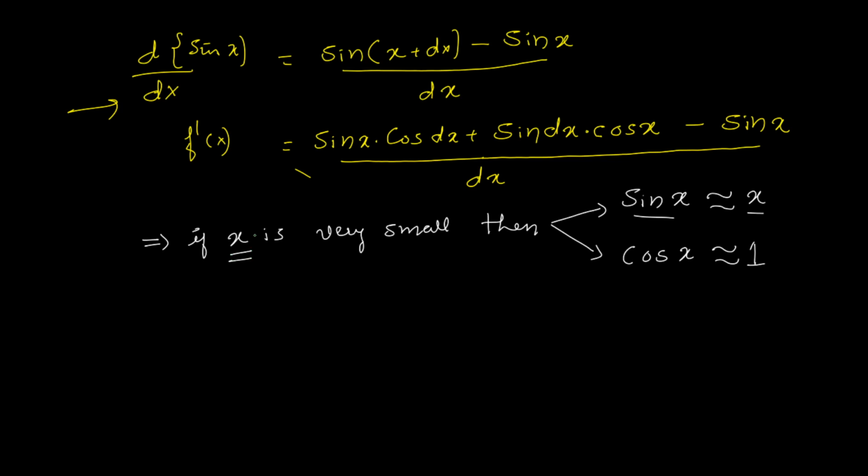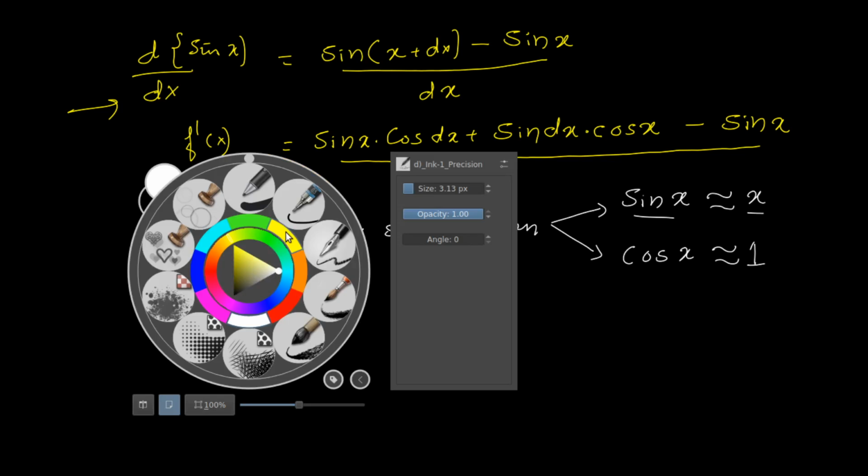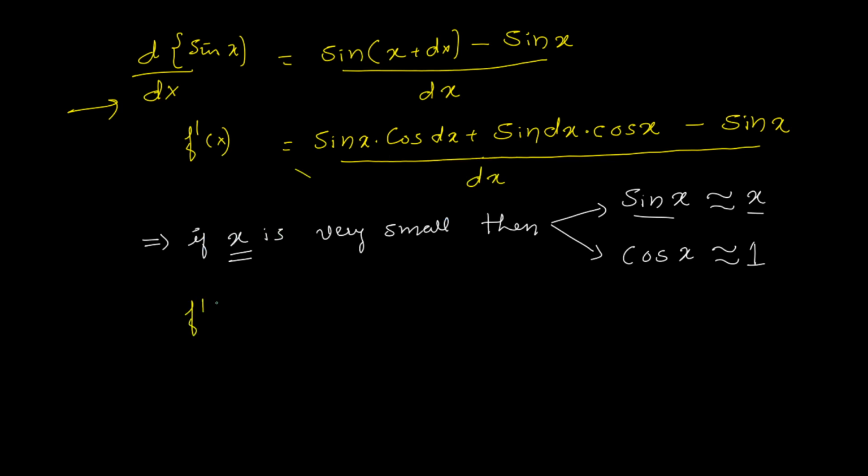This is true only if x is very small, and we actually have something that is very small, except in this case I don't have x, I have dx instead, and we already know that dx is very small, right? So I'm going to use that. So f dash of x is equal to, I'm just evaluating this now, sin x, which I have kept as such, cos dx. Is dx small? Yes. And what happens if cos of a very small value is equal to 1? So sin x into 1, which is just sin x, plus